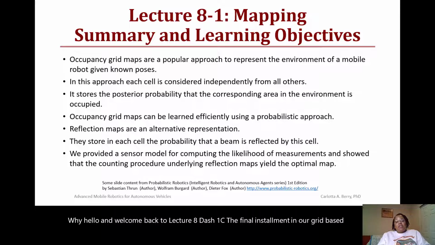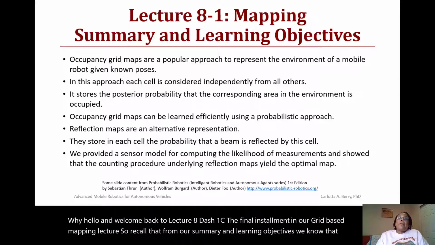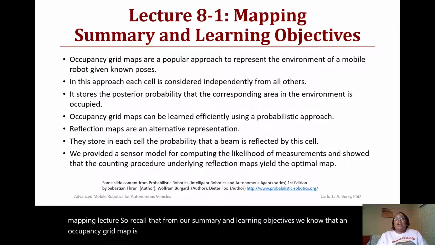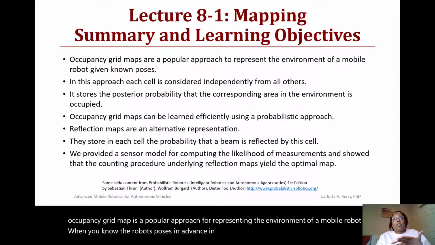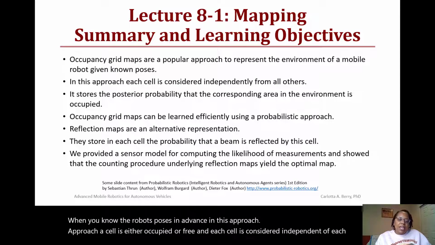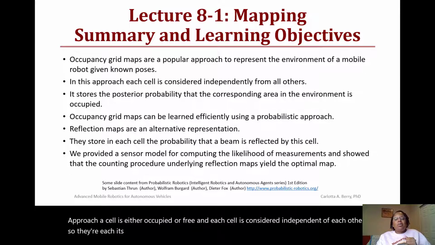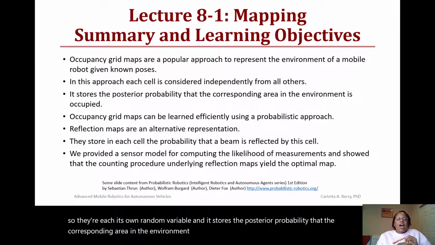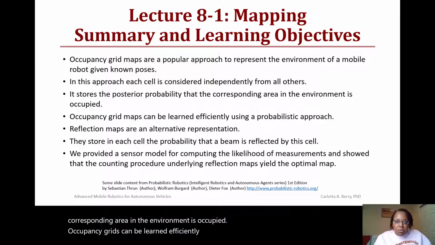Recall from our summary and learning objectives that an occupancy grid map is a popular approach for representing the environment of a mobile robot when you know the robot's poses in advance. In this approach, a cell is either occupied or free, and each cell is considered independent of each other. So they're each their own random variable, and it stores the posterior probability that the corresponding area in the environment is occupied. Occupancy grids can be learned efficiently by using a probabilistic approach, which is what we did in lectures